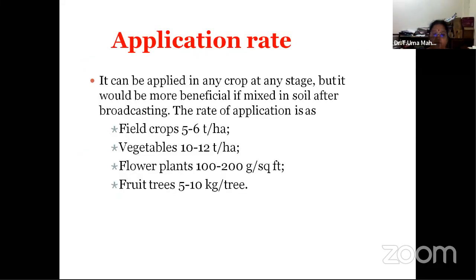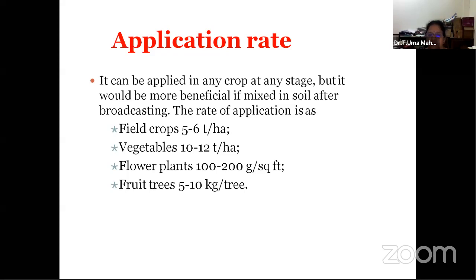Okay, so these are the basic things I told you. Now after production, how and how much can we utilize? You can utilize vermicompost at any stage, for any crop, but it always takes about 3 applications minimum for any field, over about a 6 month crop. It needs 1.5 years to change the soil condition so that it will be beneficial. For field crops, we generally recommend 5 to 10 tons per hectare. Vegetables 10 to 12 tons, and flower pots 100 to 200 grams.